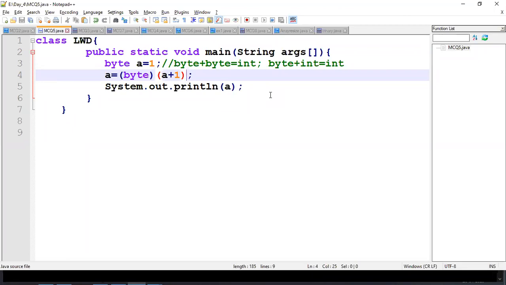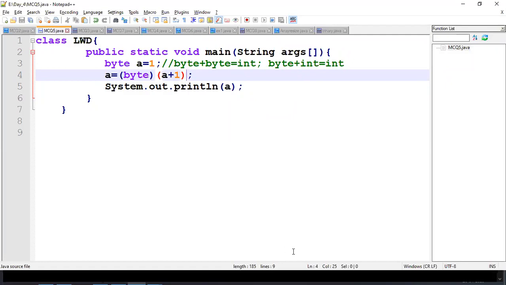Byte plus long, short plus long, it's going to result in a long. If you add int plus long also, it ends up as long. Yesterday's class itself I mentioned all these things, addition of different integer data types. Character plus character equals int, character plus float equals double, character plus double is also double. So the result changes based on the values you have mentioned. This is how it varies.